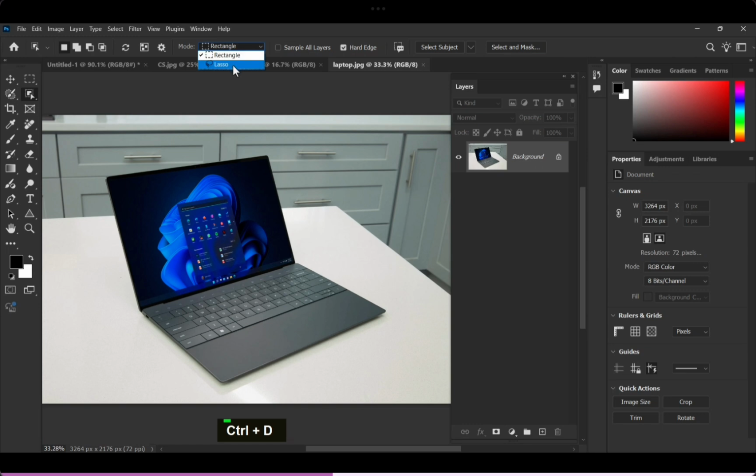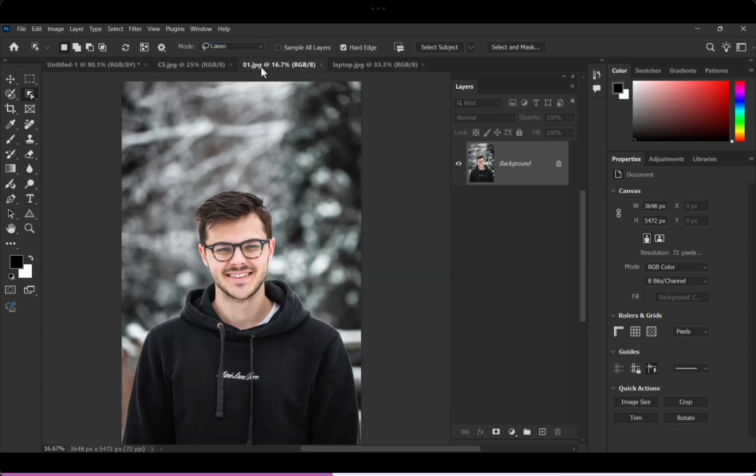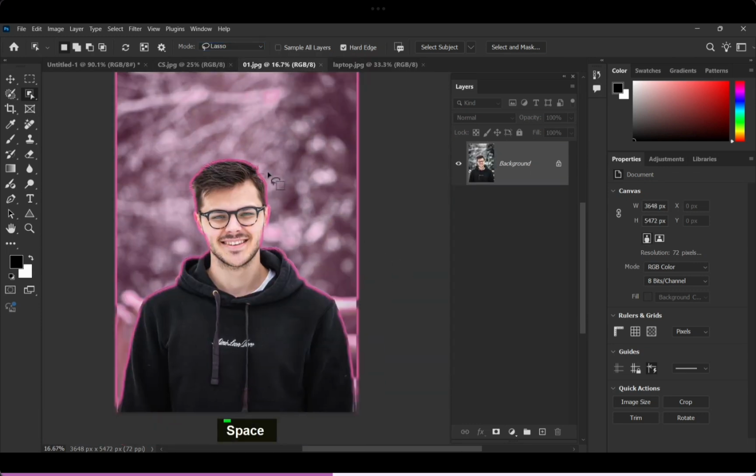Now we can use the lasso tool. Lasso is a freehand tool which is also used for selection. Suppose we have a character. In this case, when we come to the area, just click at a certain point, hold the button of the mouse, and then drag and create a rough region outside the character. Make sure you match the starting point and release the button of the mouse. When you do this, Photoshop takes a few seconds to load,